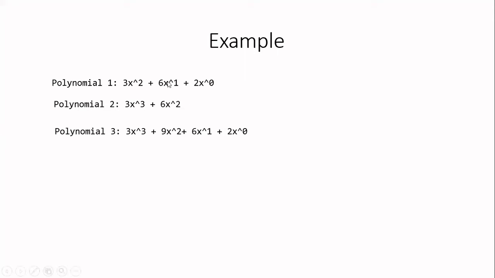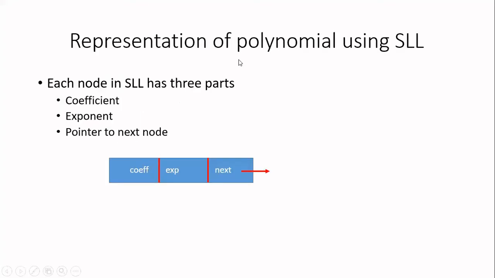Now, what you're going to do is, first, you are going to create the polynomial representation of the resultant polynomial like this. Let us understand first how we are going to store this in the memory. The representation of a polynomial using a linked list contains three different fields. So far in the single linked list, we have seen that every node will have two values. One is the data, another is the link field, that is the next field. But now I am saying that for a polynomial, we need to have three different values in a node. First one is the coefficient, second one is the exponent, third one is the pointer to the next node.